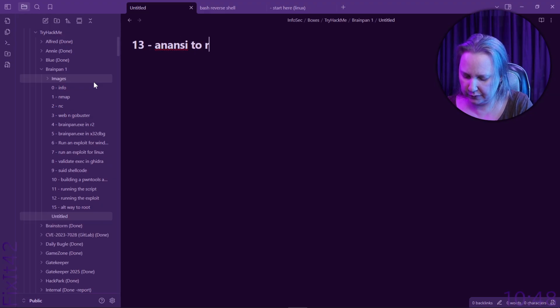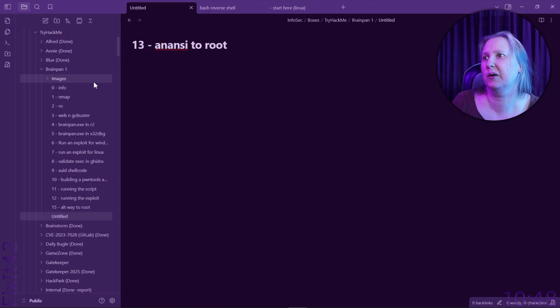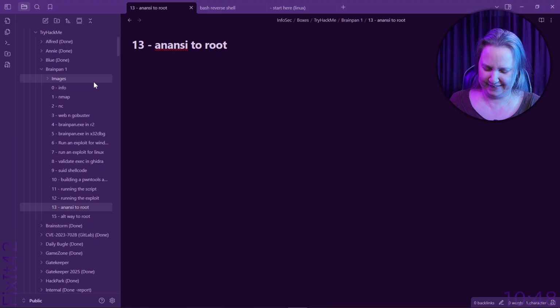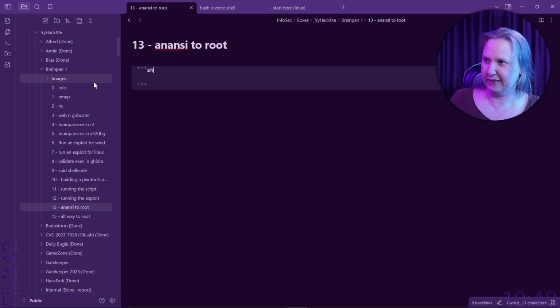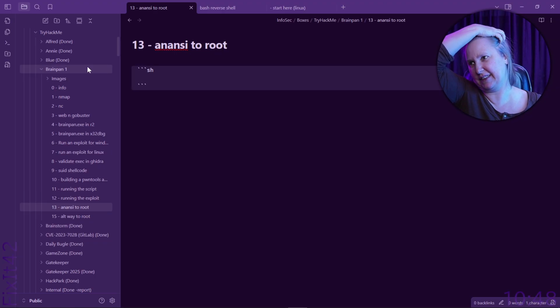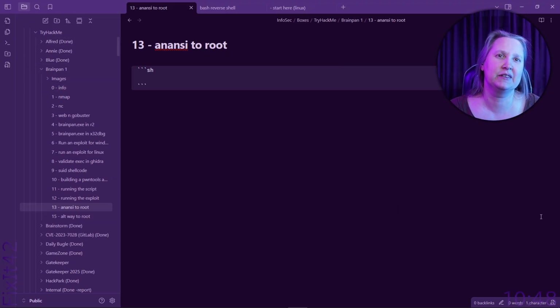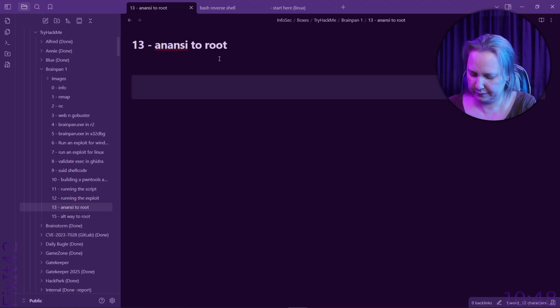Anansi to root, which was the most complex part. No, it wasn't at all. It wasn't at all as we had the binary. It was just me messing about, right? So after the exploit is run,